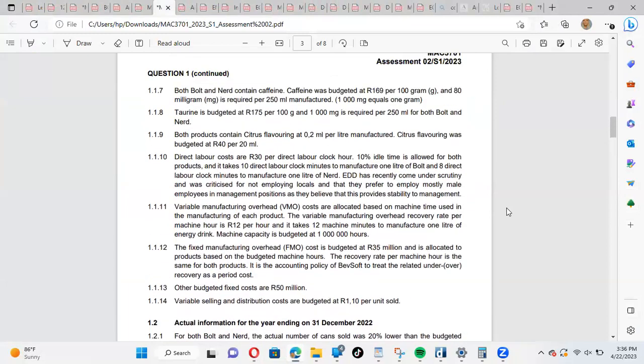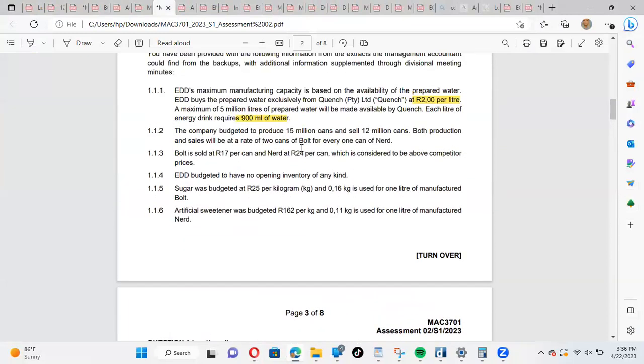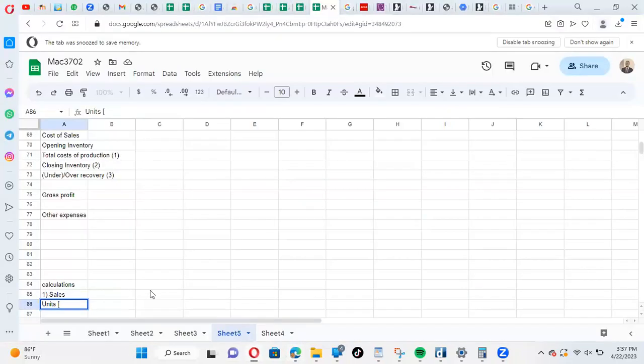So let's have a look at what the budget was. So our budget, we intended to produce 15 million cans and sell 12 million cans. 20% less than the previous one, which is 12 million. That would be lower than the budget. Right. So let's get the budgeted units. Since this is for class purposes, budgeted units. So it's basically for sales, né? It's 12 million. It's given there as 12 million, but we are selling this at different ratios for both